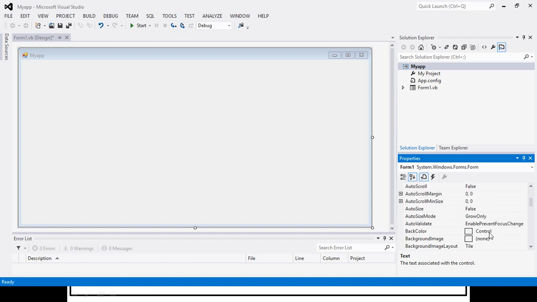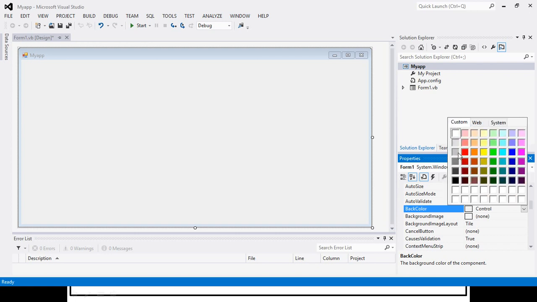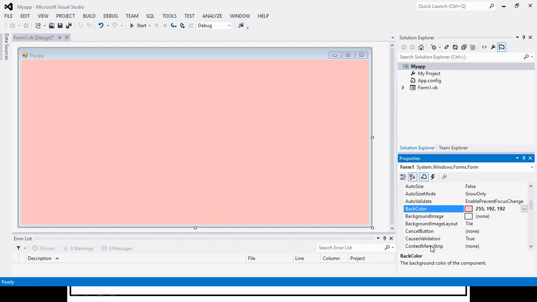Okay. After that, the most important property is BackColor. Now we can change this particular color. The color of the form can be changed with the BackColor property. Here we have three options: custom, web and system. So I will use custom, and from that I will select any one of the colors.